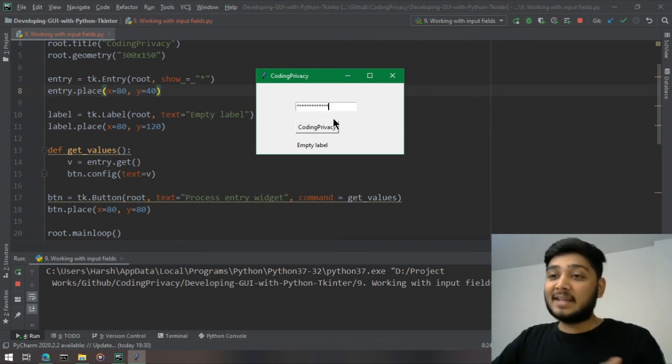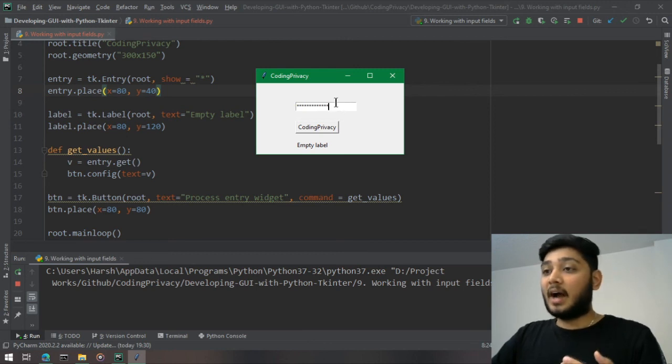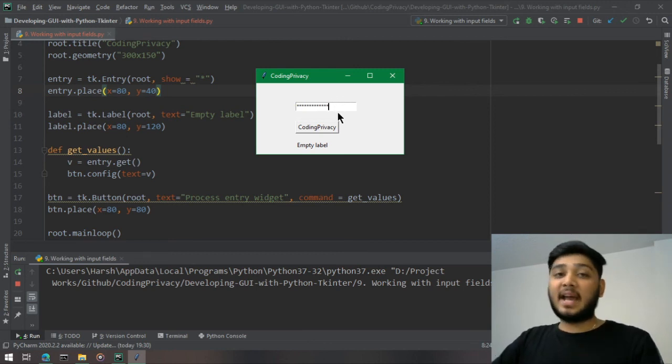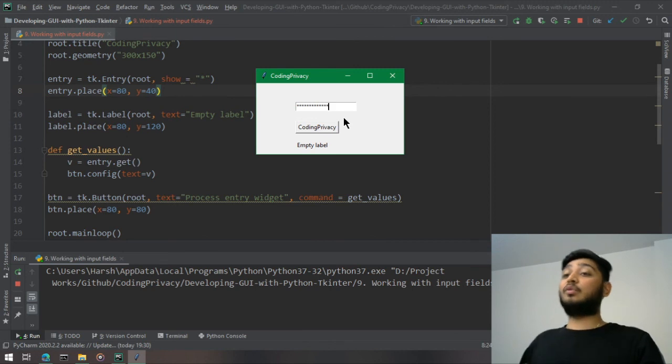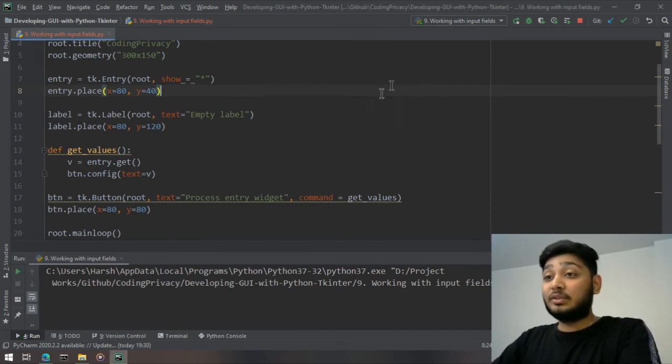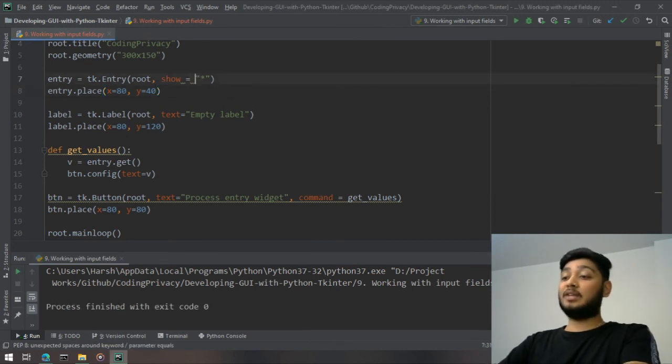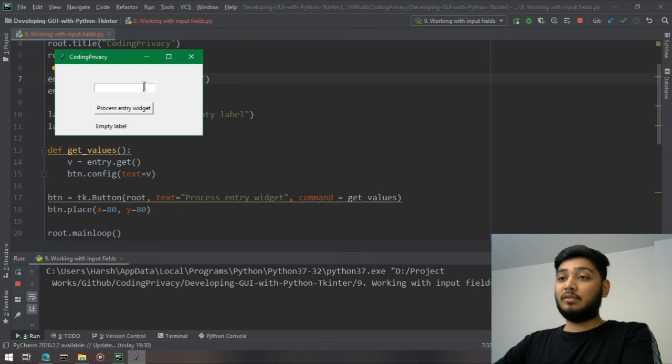So in the back end I'm getting the text, but in the front end I am only able to see the asterisk signs. That is what we want when you are writing a password, right? And you can change it from asterisk to whatever, a pound sign, and then whatever you write will be converted into pound signs, right?